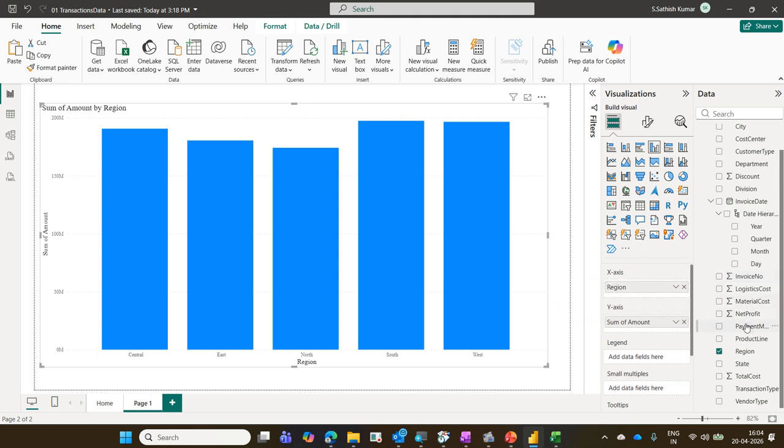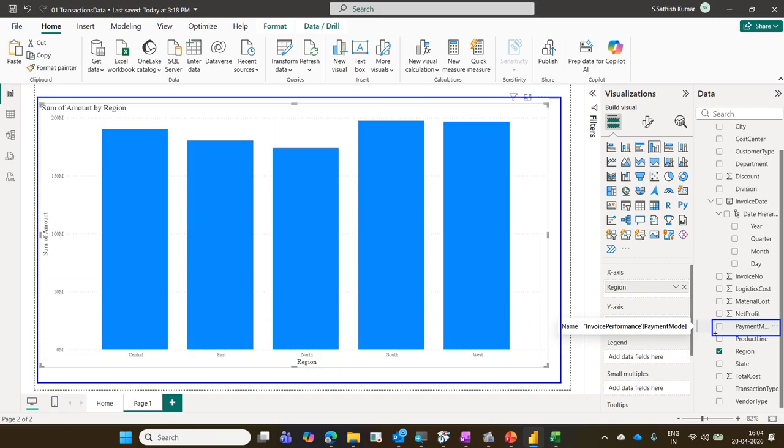So, drag that payment mode. There is a payment mode available here. Drag and drop it. First of all, select the visual. After selecting the visual, go to the payment mode, drag it and bring it to small multiples. So let me drag the payment mode and bring it to small multiples. Yes, so it shows the same